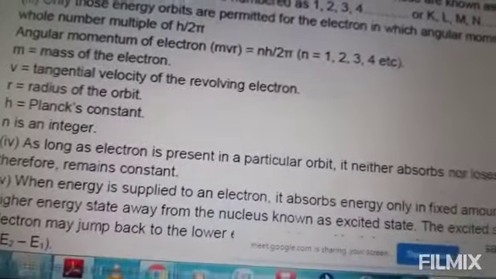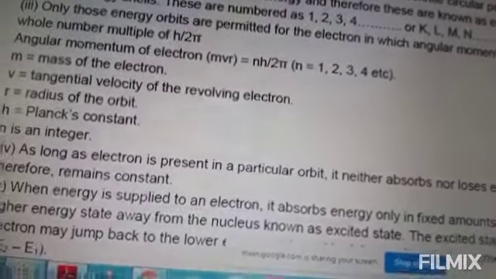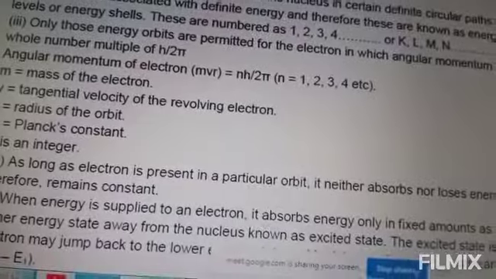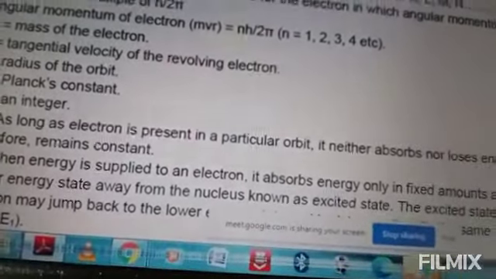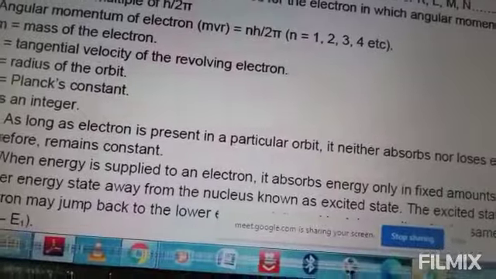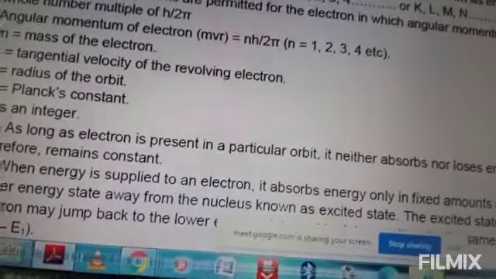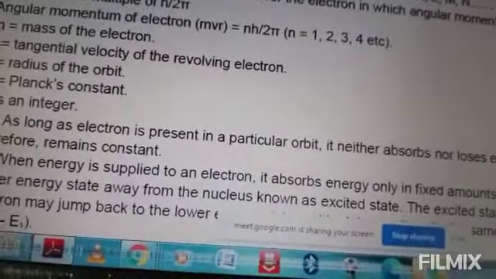So you can also find out the radius of different hydrogen-like species by using the formula rn equal to 52.9 into n square divided by Z picometer. So like this, you can find out the various radii or the energy of various species in a particular shell.